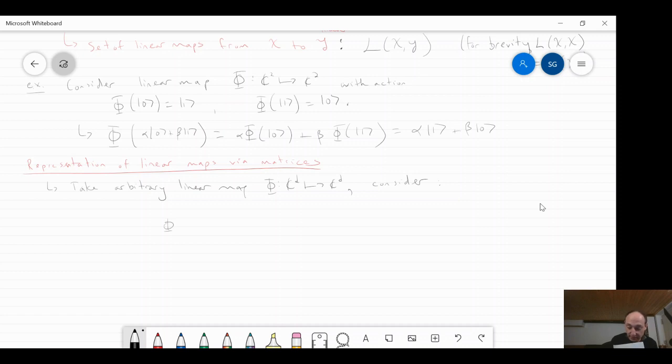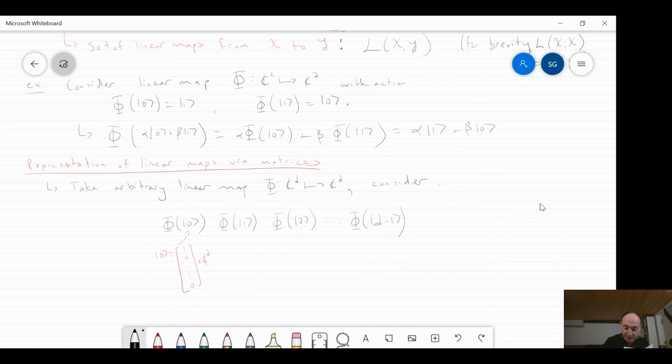If I take first the action on standard basis vector 0, and let me be clear, I'm thinking of 0 as being this big vector which is d-dimensional, right? So there are d terms here, not just 2. So if I take this thing, what is this thing? This is going to be a vector, right? And I can then look at the action on 1, the action on 2, and so forth, up to the action on the last standard basis vector for the space, which is d minus 1.